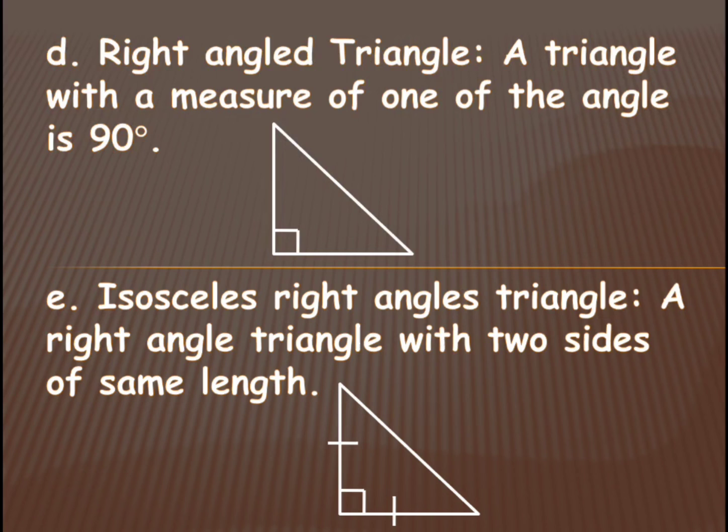List the similarities and differences between equilateral triangle, scalene triangle and isosceles triangle. In an equilateral triangle, all sides are equal and all angles are equal. In a scalene triangle, all the sides and angles are different. In an isosceles triangle, two sides and two angles are equal. You can write these definitions in your classwork and do the third sum in your classwork book. First and second, do it in your content book itself. So this is your classwork, children.